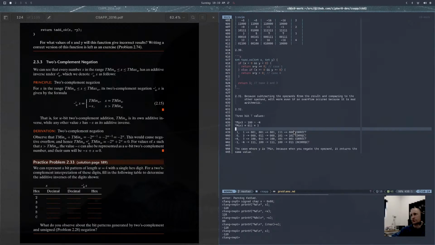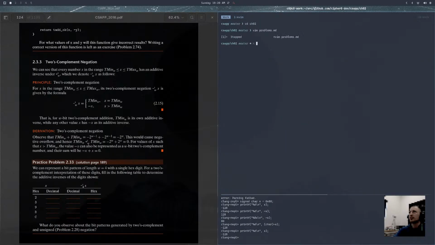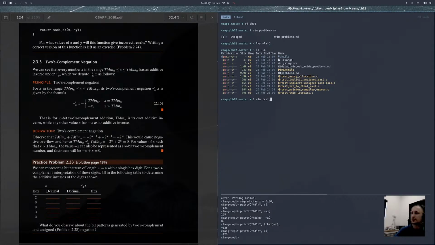I'm gonna have to write some code for this. Okay, so let's hit Control-Z. I'm gonna copy this code here, and we're just gonna write some code here and say vim test overflow detection .c